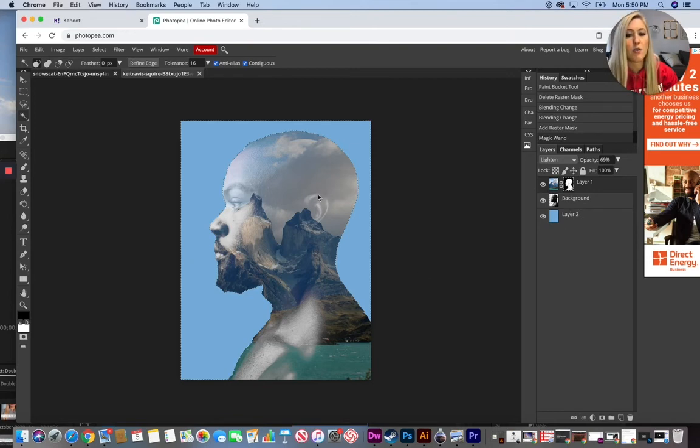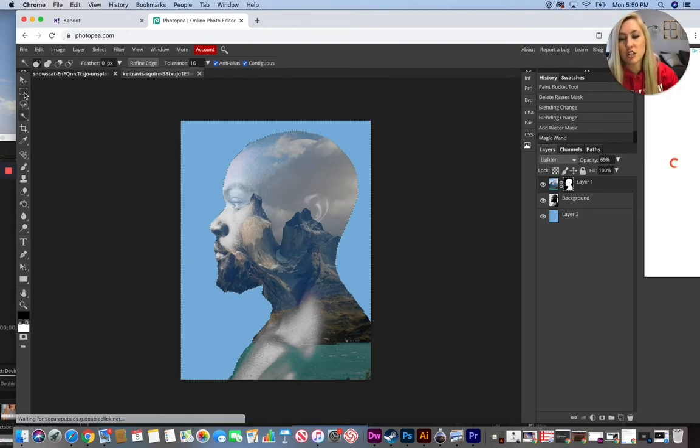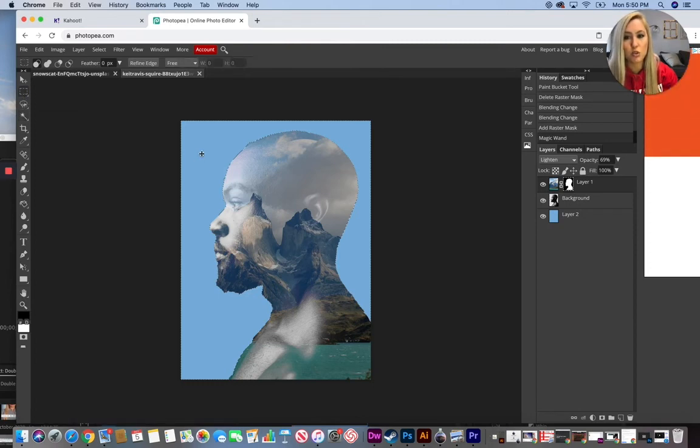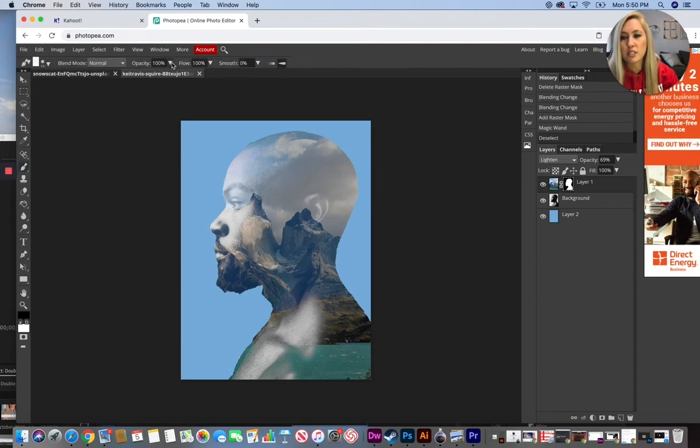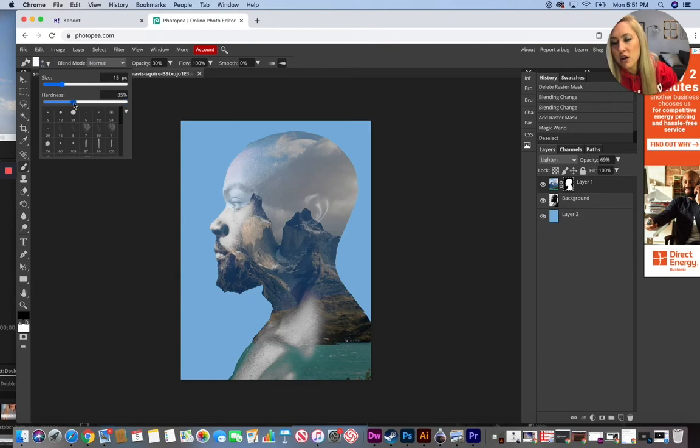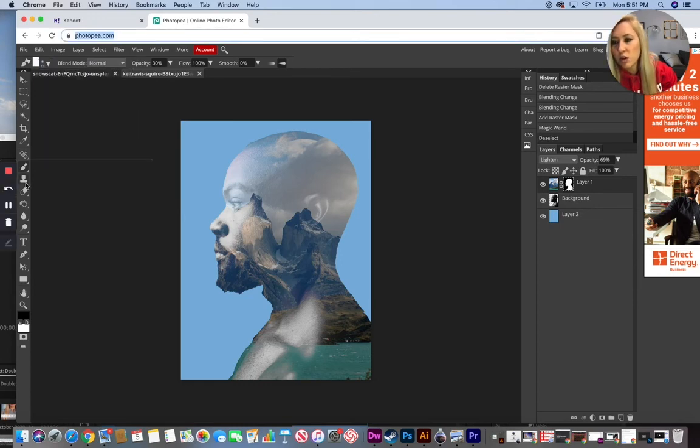All right, now I want to make sure I no longer have a selection, so I'm going to use my Marquee tool to just click once anywhere on my screen. And using my brush tool set to a lower opacity, let's go down to between 30 and 40 like we did last time. And make sure it's a nice fuzzy brush, so turning my hardness down. I'm going to go ahead and grab black